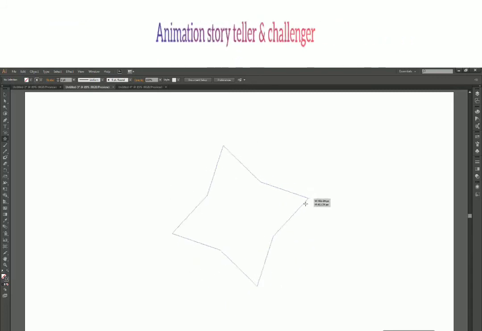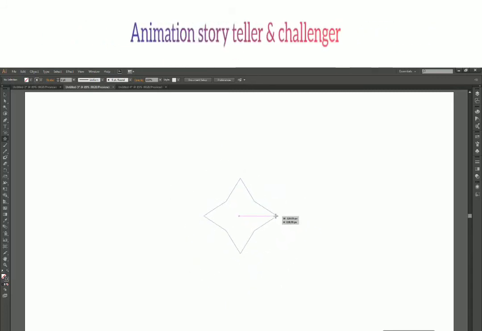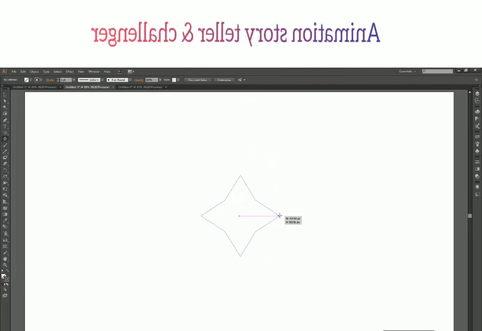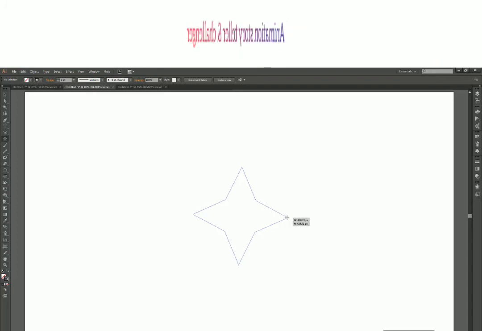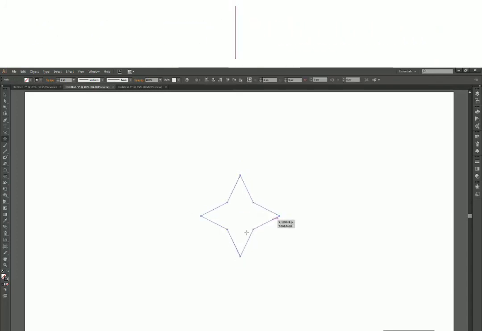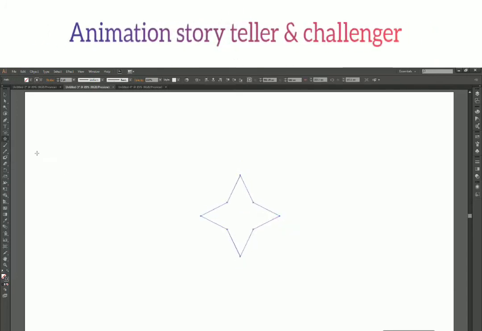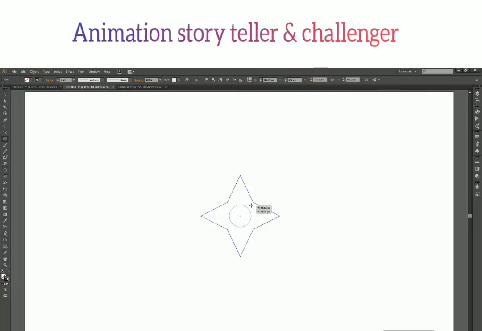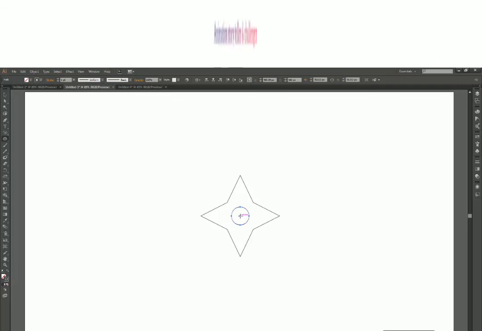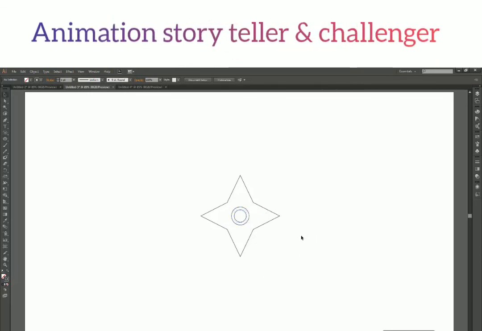If you want to create a shuriken kind of thing, you can have four sides on your star, increase the outer radius to this much, and have a circle inside this. Press Alt to scale it from all ends and Shift to create a perfect circle. Alright, so you can actually have something like this.